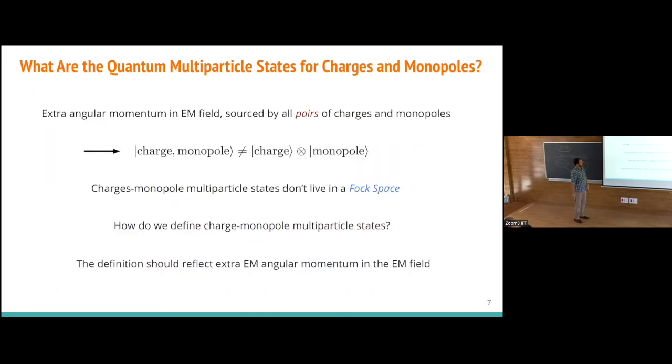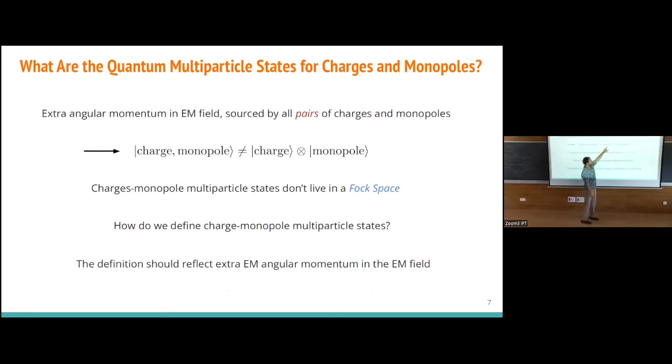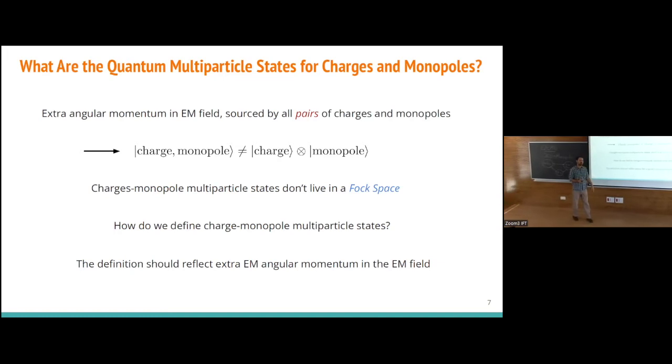Good. All right, and that leads me directly to this slide, which is, as soon as we have angular momentum which is not an orbital angular momentum associated with the charge or the monopole, it's somehow up in the air. I already told you it's associated with soft photons, but let's not go there yet. That means that my multi-particle states cannot be just tensor products of single particle states. If they were, I would act with a J operator here, I would pick up the sum of the single particle J of the charge and the single particle J of the monopole, and I would miss out on this key ingredient, the angular momentum associated with the electromagnetic field.